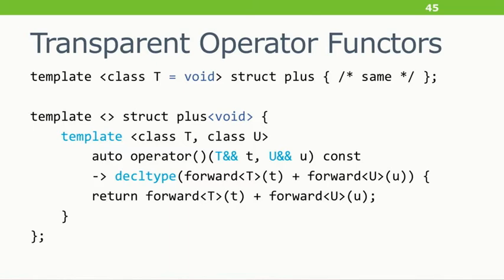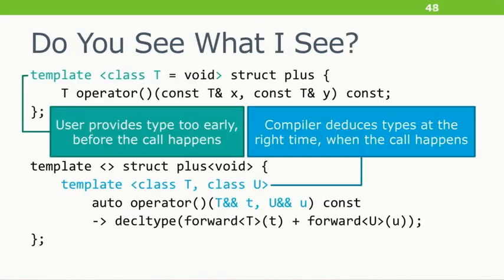The perfect forwarding basically says, I'm going to step out of the way. I'm going to do whatever that operator plus does. Because remember, this struct exists only because we cannot say operator plus or like a plus sign. We need an object of a type. But otherwise, we don't want to interfere with its arguments and its return type. And although perfect forwarding and perfect returning are sort of verbose, this is the way to do it in C++11. In C++14, it's actually not as bad.